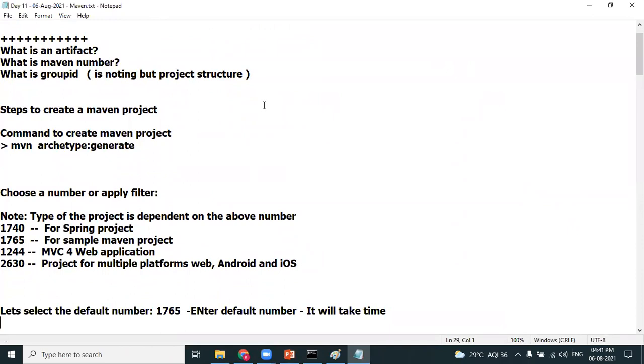If you want to create a wizard which helps in generating an artifact, the command you need to run is mvn archetype:generate. Friends, mvn archetype:generate is a command which helps in triggering the artifact generation.